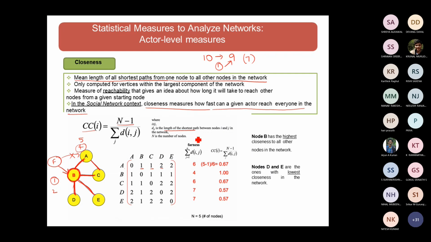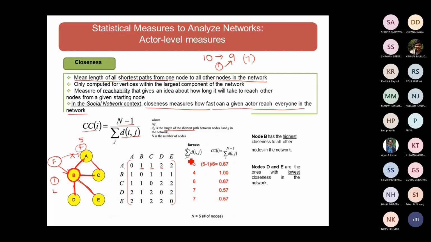Because some 2 or 3 nodes in our network, for example, some people will never be in connection with any class representative or with their peer learning group member. So that is an outlier, so we can ignore that. Okay. So if you look into this example, n minus 1 divided by the sum of the lengths of the shortest paths that do exist between i and j.